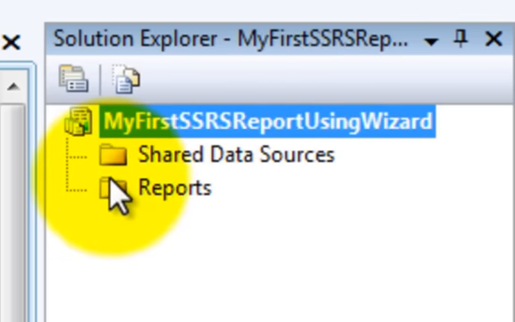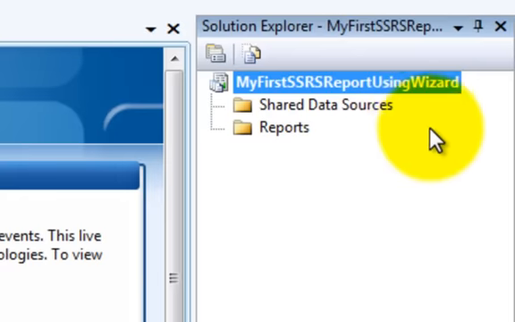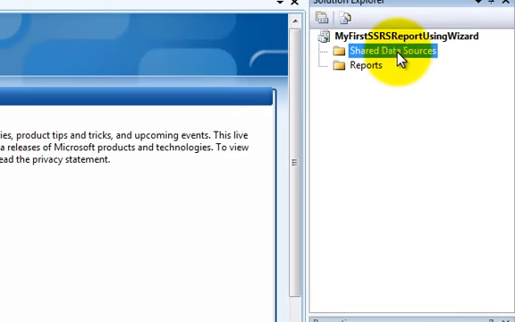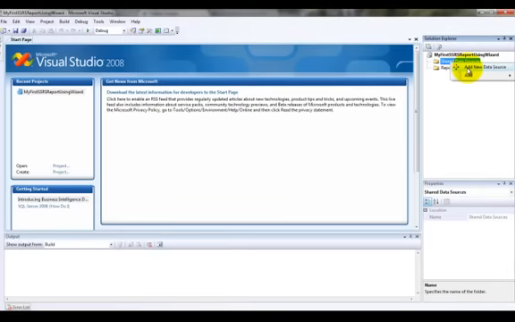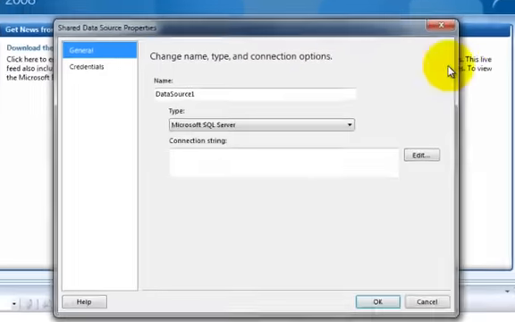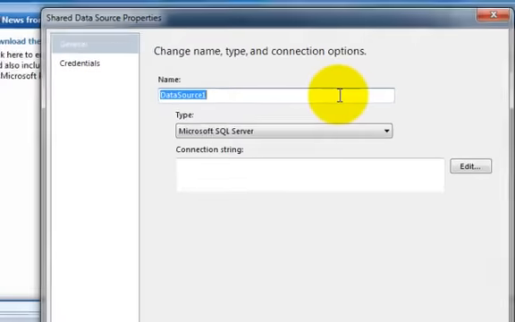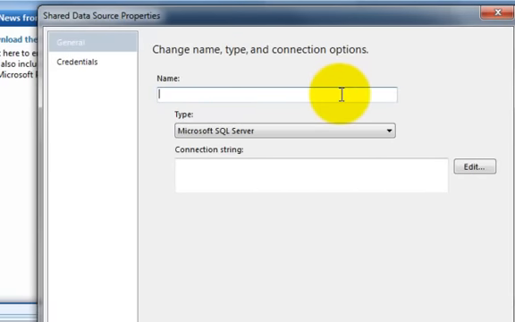Here you've got the Solution Explorer, and at the bottom you've got the properties. Let's look at the Solution Explorer first. You've got shared data sources and reports. So what's a shared data source? A shared data source is basically one link to a database that you can use on different reports. You can just right click and add a new data source, and you get a wizard, a pop-up,